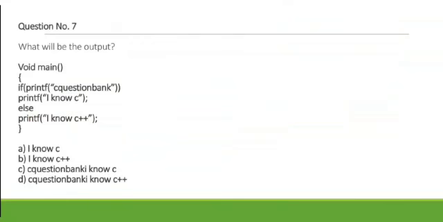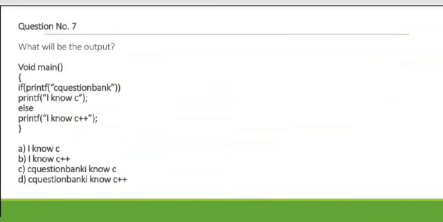Let's go to the next one. So here what happens, printf is given in the if condition. So what will happen, first of all, the printf will be printed. So it will print, that is C question